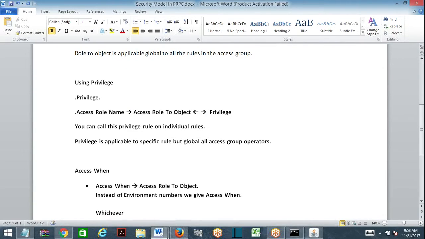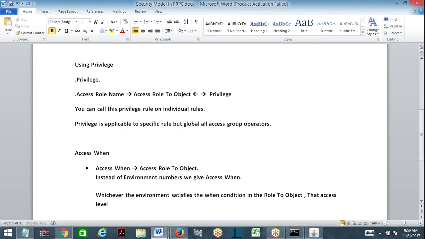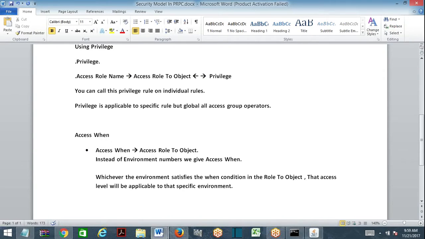Whichever environment satisfies the when condition in the role to object, that access level will be applicable to that specific environment. Okay, that is what the access when rule is.